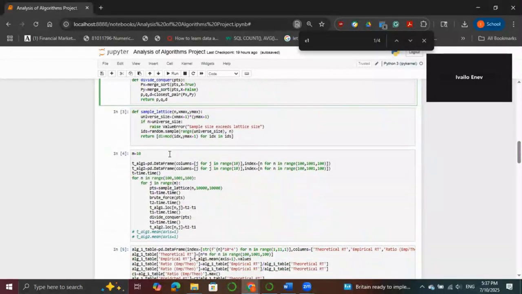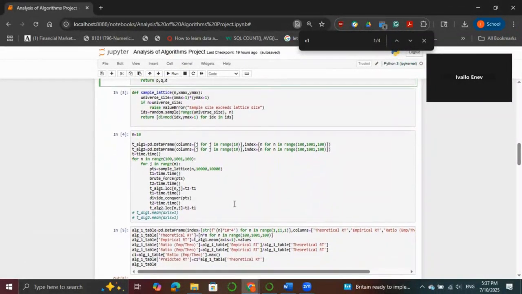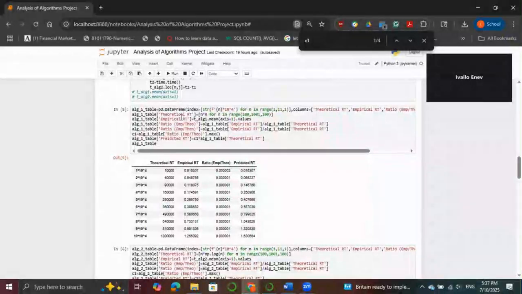Then once we're going through the actual implementation of the algorithms, I'm using pretty simple points. We first assign those points, then we calculate the time for the brute force algorithm. Then using the same points, we use the divide and conquer algorithm. And then each time is saved into a table format that we can see over here based on N and J, which is